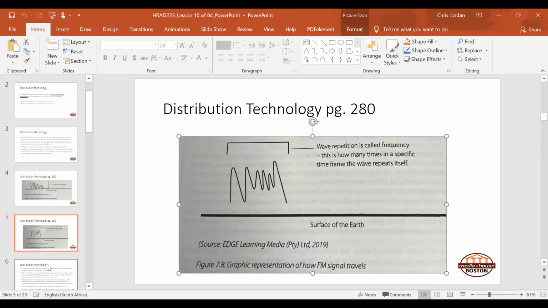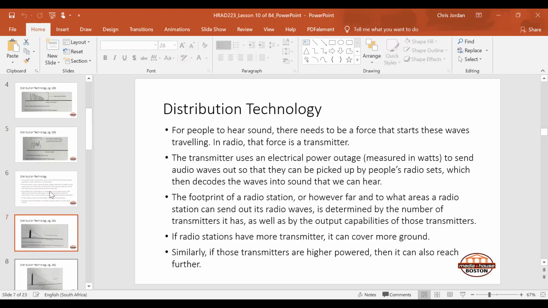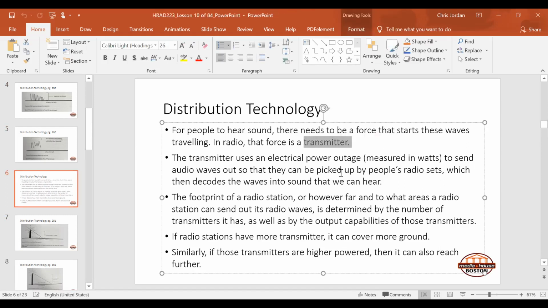So, if we go, excuse me, I want to go a little bit further there. Just jump back there for a second. Distribution technology, right? For people to hear sound, there needs to be a force that starts with these particular waves traveling. So in radio, the force is a transmitter that we use, and we've discussed it in terms of the equipment, and you've obviously heard the word transmitter. We mentioned it earlier in previous lessons, like Sentec is one of the companies that run our transmitters here in